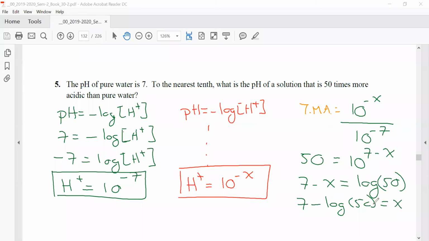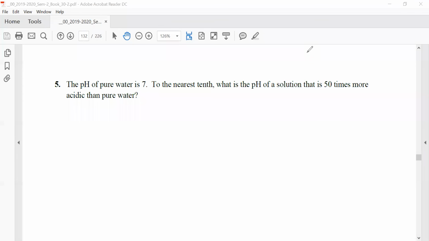And convert. And I'm going to stick this in my calculator. Again, it's convenient that it's a common log. That's why they made it that way. And so I get x is approximately, has a pH of 5.3, which makes sense. It's smaller than 7, right? Because it's more acidic. It's got to be lower on the pH scale. Okay, last one we need to look at, and then we are good to go, is